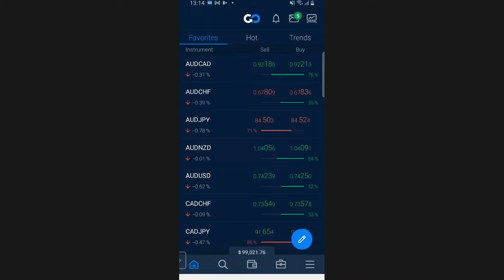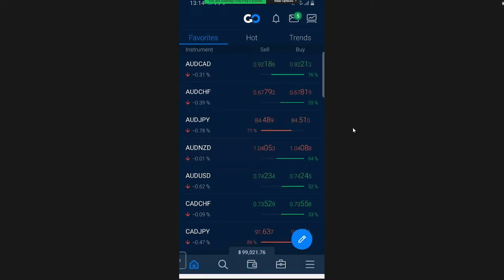Thank you. So once you log into the AvaTrade Go mobile app, this is what it looks like. There are some important features I want to show you that will help you with your strategies as you move along. Let's take a look at something that would fit today's fundamental news situation, and then we'll see what would make sense in terms of the moves.